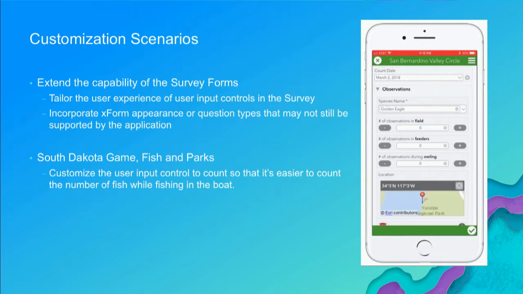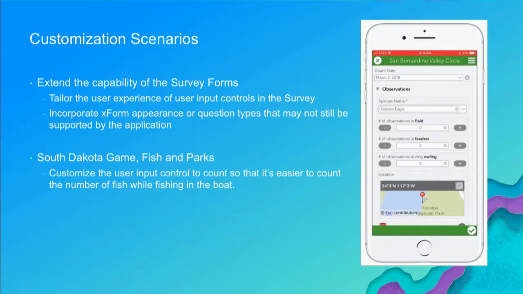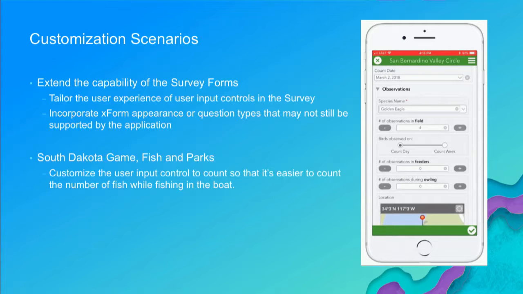Sometimes they get on the boat with them and have to count the fish. So instead of counting 1, 2, 3, 4, 5, 6, 7, and then going into the phone with a wet hand or with gloves on and trying to put a very small number 7 into the text box,